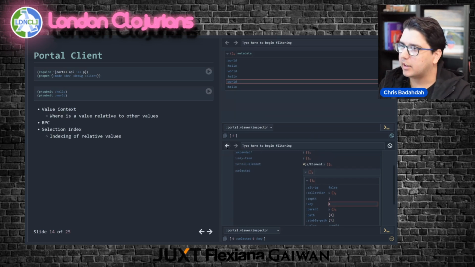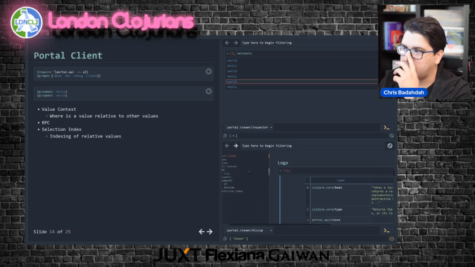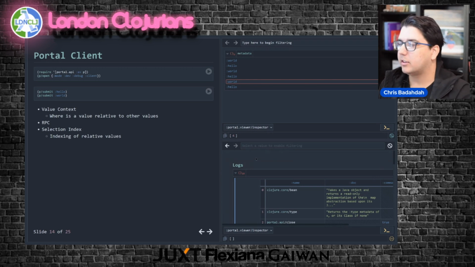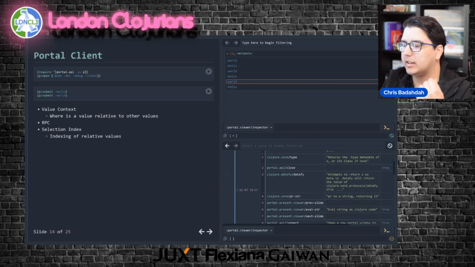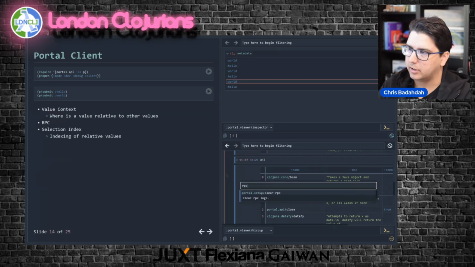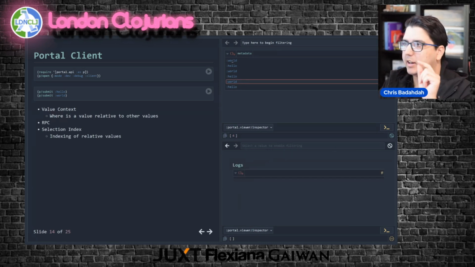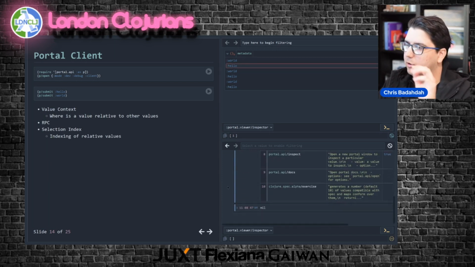Another thing that is interesting about how the client works is there is a log that I keep track of for all the RPC that happens. As I mentioned earlier, it's a Ring server and a Reagent client, and they're talking like you would expect, via WebSockets probably. There's an RPC layer, and you can very quickly see what RPC requests are being made. So let me clear the RPC logs, so we'll start fresh. I'm going to click this value. Okay, and when that happens, these two RPC requests go out.